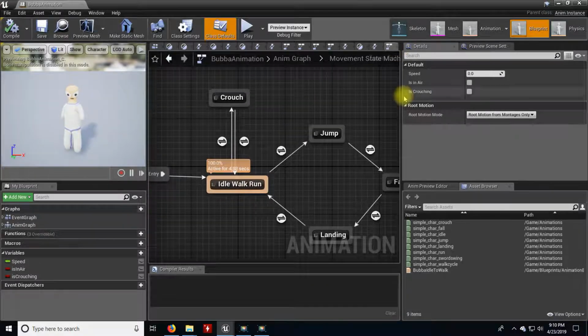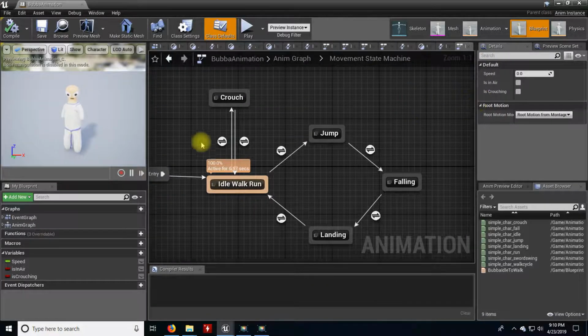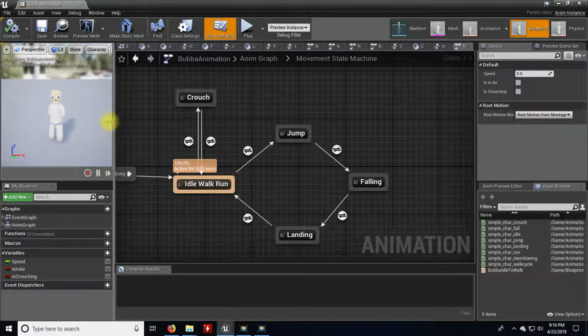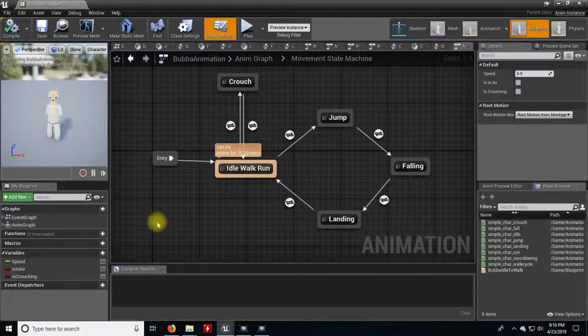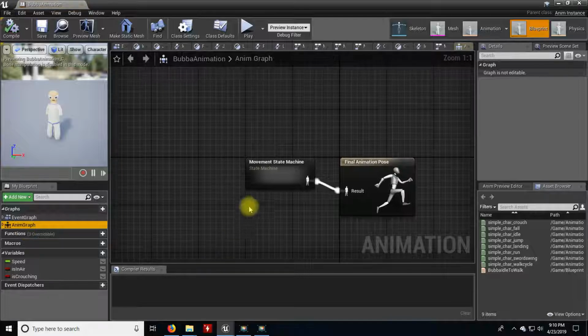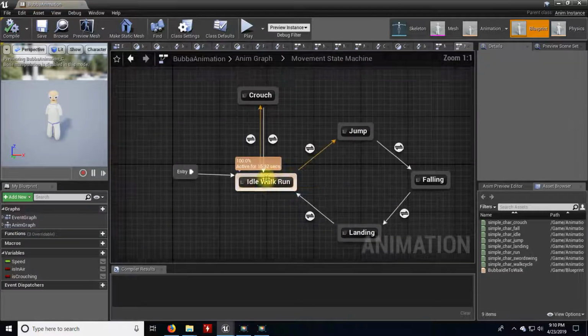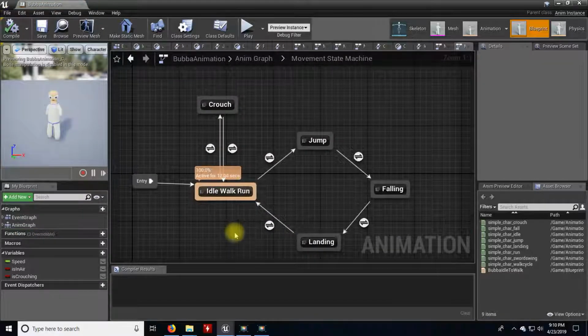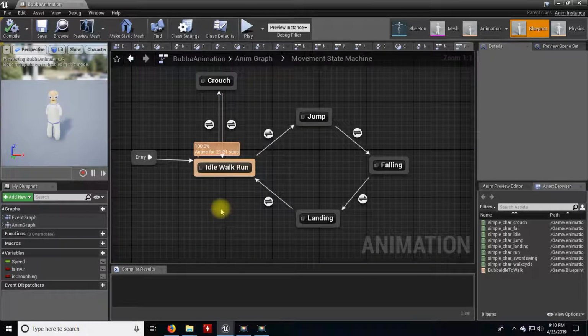And we open up. Mine dropped us right into our state machine, which is fine. If you don't remember how to get here from your animation graph, we have our state machine and kind of pop back in there. So your attack can really come off of your state machine in any way that you like, and you can actually do this in a few different ways. You can make a separate state machine altogether to handle attacks and then branch off of that, which is if you're going to do